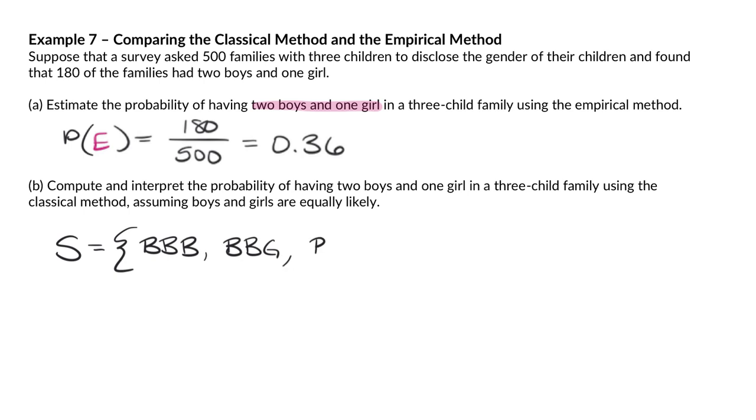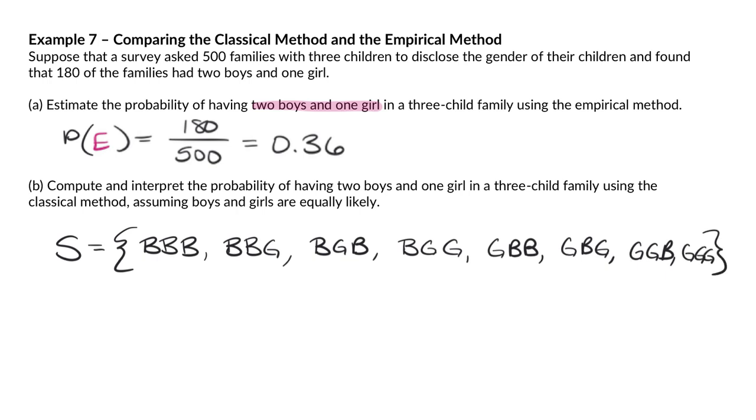I could also have a family that had a boy and a girl and a boy. Or a boy and a girl and a girl. Or I could have a family that had a girl first and then 2 boys. Or a girl, a boy, and a girl. Or a girl, and a boy. Or all 3 girls. There's the sample space. These are all of the options of combinations of boy and girl in 3-kid families. I'm writing capital G so much it looks like arrows.